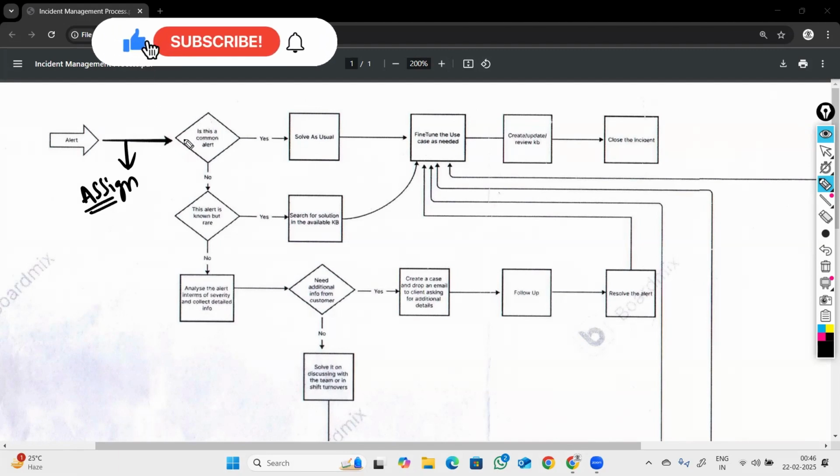After assigning the alert, we will check whether this alert is a common alert, like a daily occurring alert. For example, someone has started some process, like opening a Chrome process from somewhere else, like from command prompt. Yes, it can be expected daily. So we take the host name from which host it was done, take the confirmation, and if the user is legitimate and it occurs daily,